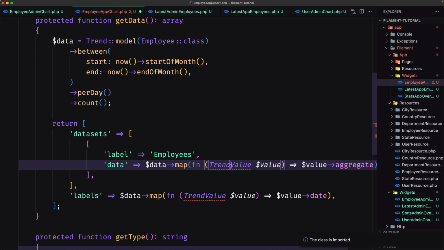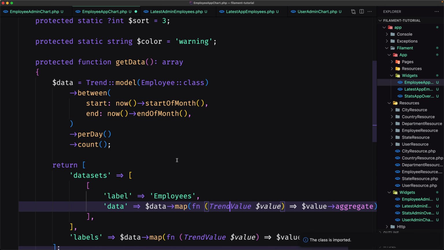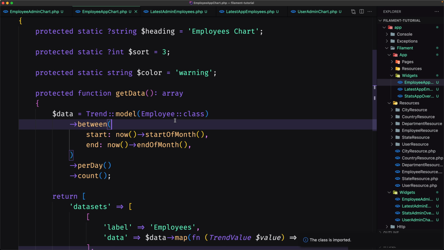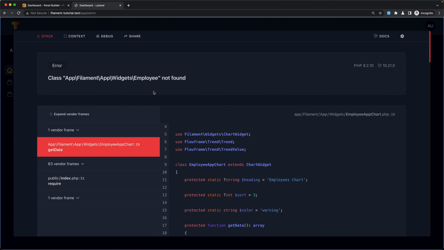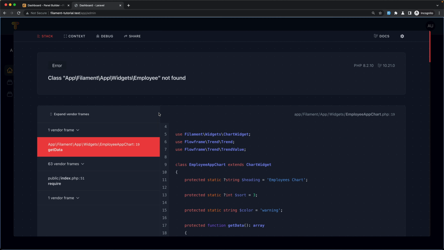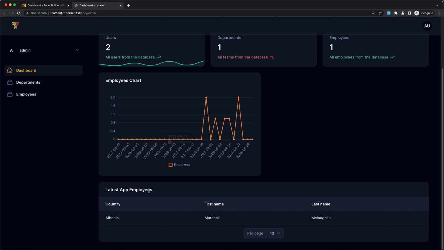Okay, we need to import the trend value. And what we need is, here we have trend model and we're going to get all the employees. So if I save this and refresh, employee not found, we need to import this also and refresh. Yeah, we have a table